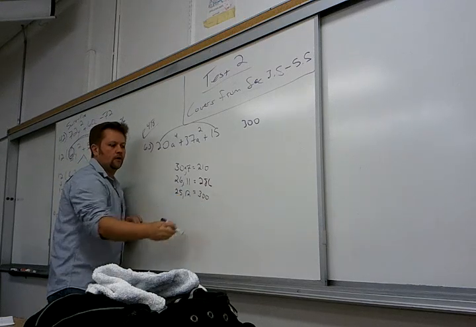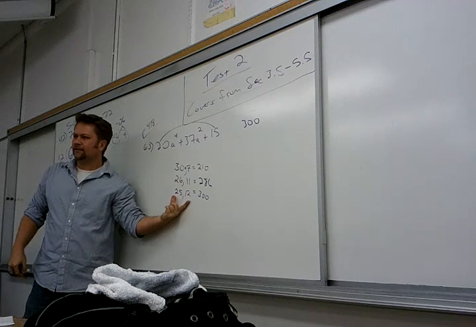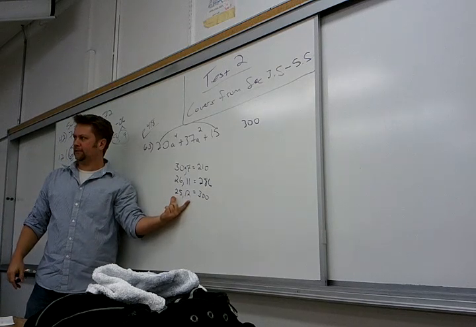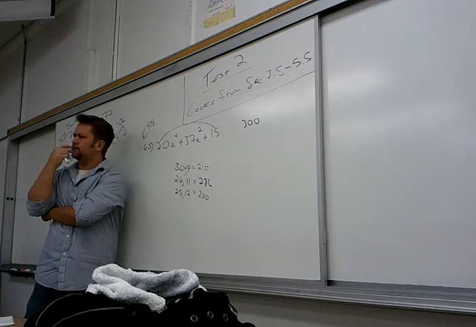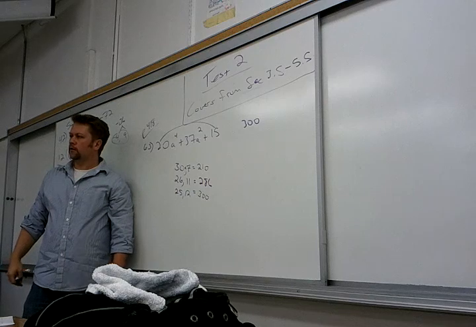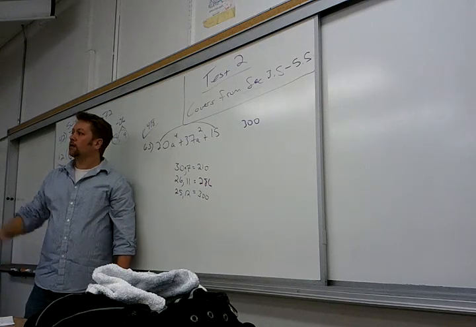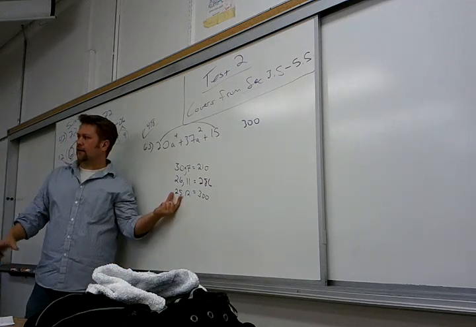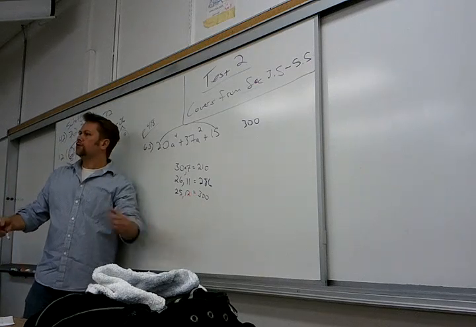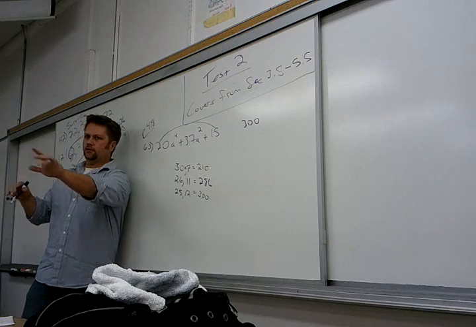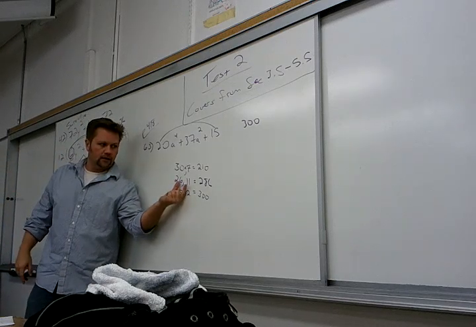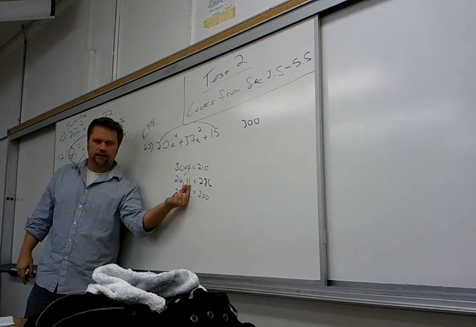If I said factor 300, I doubt many of you would go straight to this, and I'd go, well, 300 is 25 times 12. If you're going for a round number, 25 times a multiple of 4 gets you zeros. So the more you understand numbers, the more you can figure out what makes sense. Obviously, Eli has a good point: to have a 6 and a 1 at the end makes no sense here, because